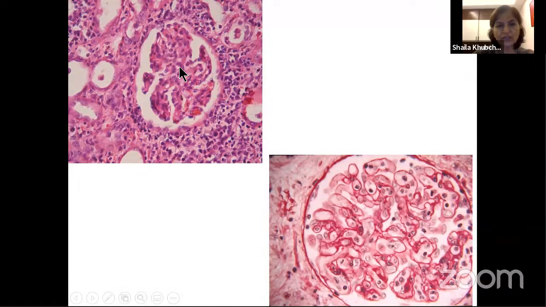And we know our ratio of 1, 2, 3, where we are allowed only 2 endothelial cells in the capillary lumen. Here you can see that this entire lumen is occupied and there is no space left behind other than this one small area. And if you go on higher power, you will see that these are again small lymphocytes